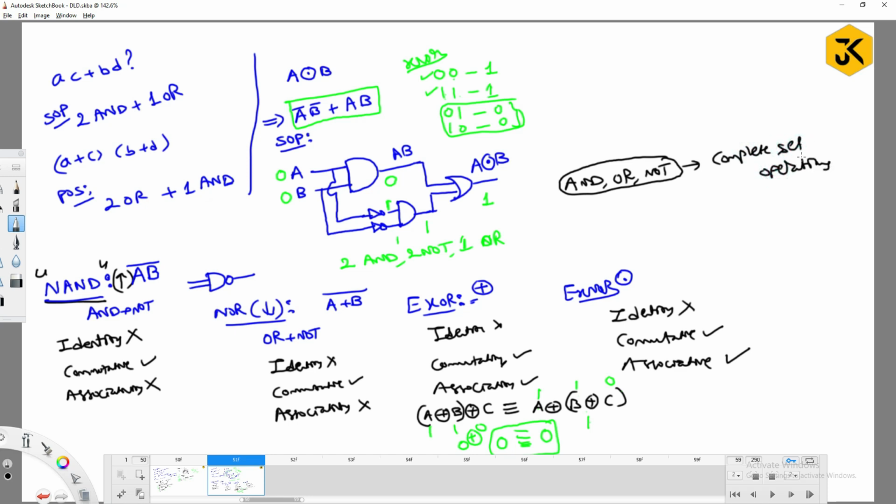The reason why I am calling it a complete set of operations is that any kind of circuit, any kind of requirement, I can implement with the help of these. Whatever the circuit, whatever the expression, I can design it with the help of AND or NOT gates. That's why they call it a complete set of operations. Okay,